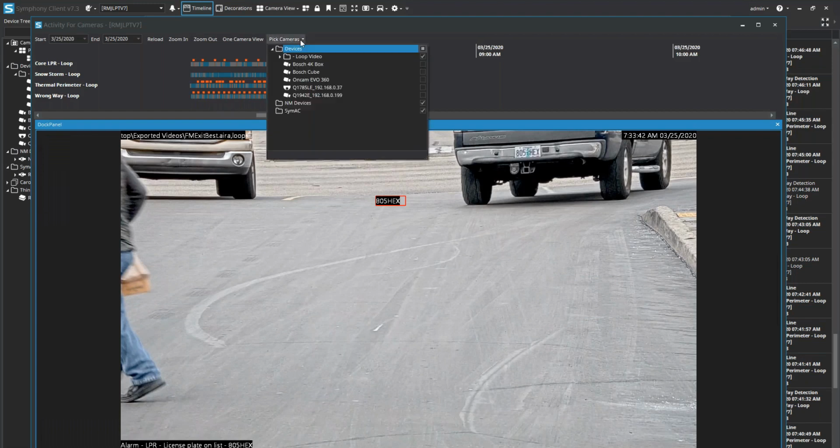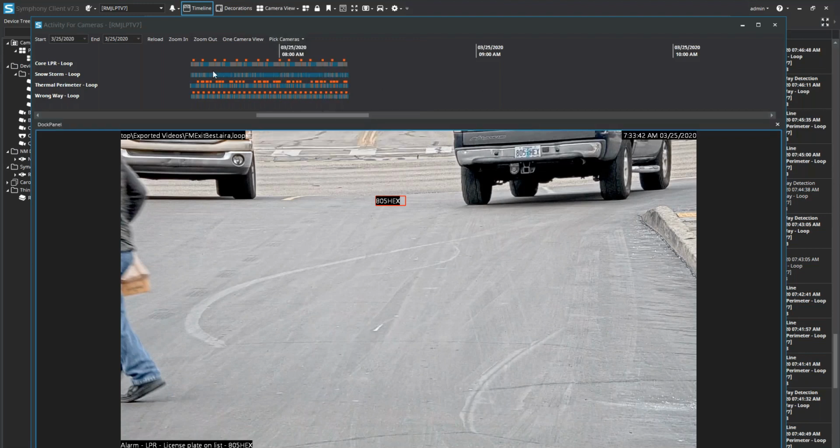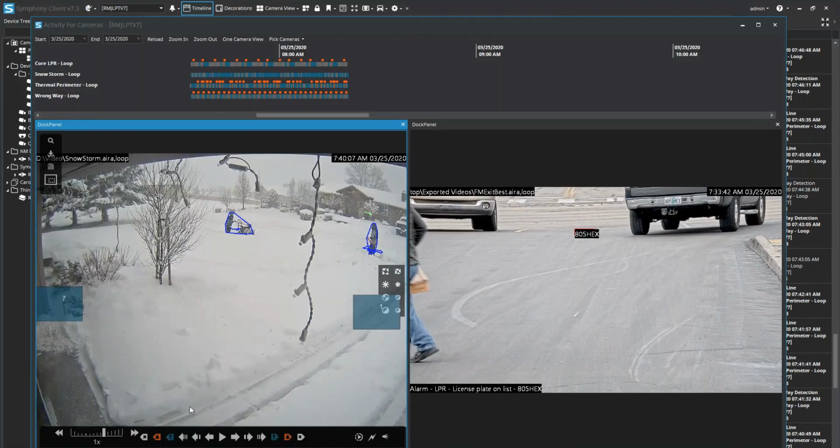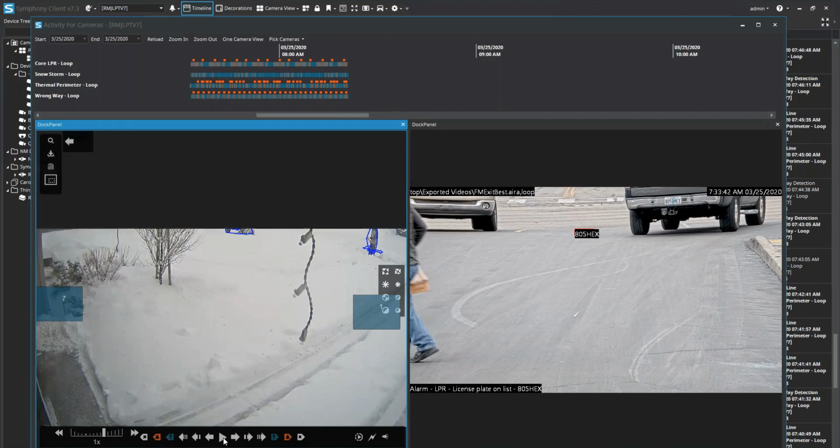So you could select those cameras here and select specific cameras. So the nice thing there is that I've got 4 or 5 different cameras, maybe in my parking lot. I shrink it up, and now I've got those cameras displayed, and I say, oh, there's more motion. And as I click on it, you notice that now I'm building out my same camera panel and view here, and I can even review that video